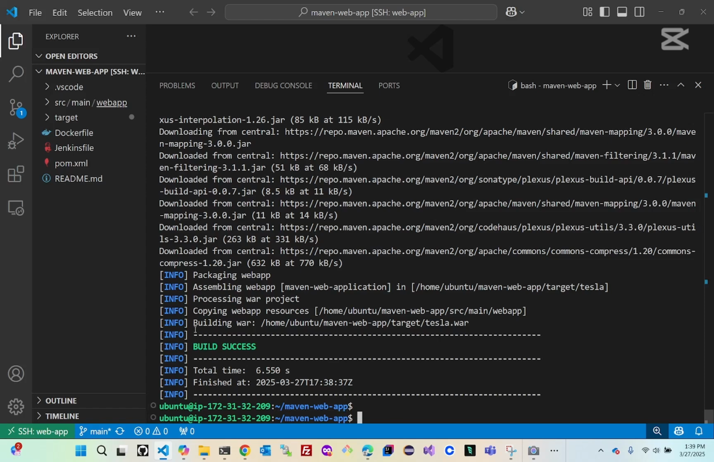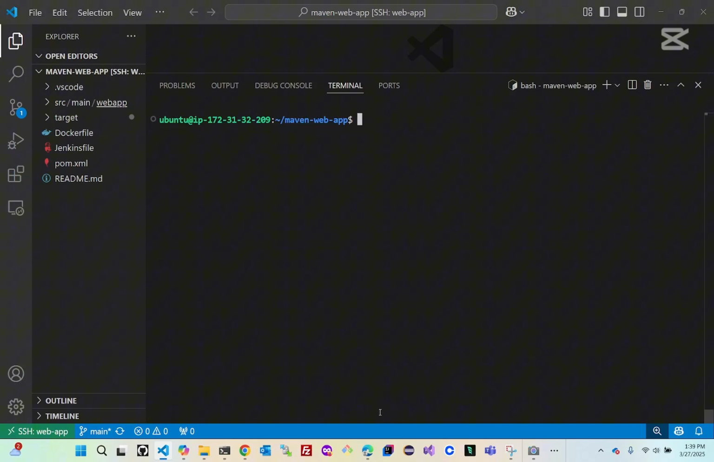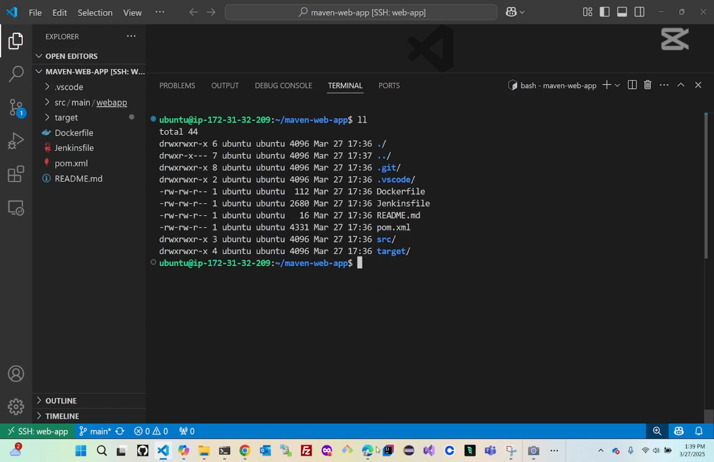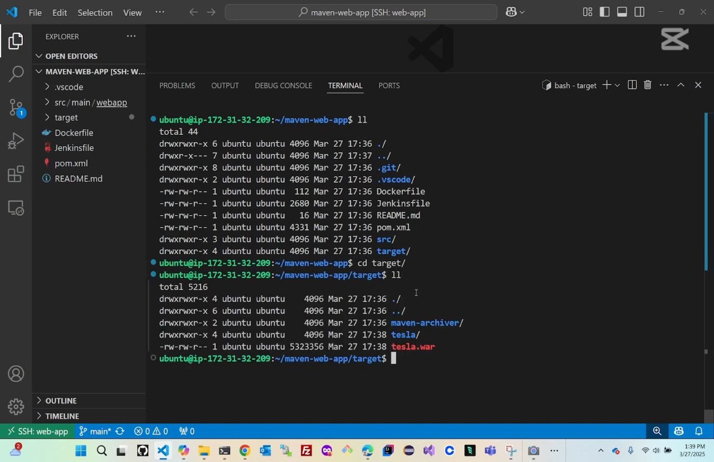And if you look at the application here, you can see it built a .war. The name it gave is Tesla.war. That is the name of the application, inside the target folder. So let me clear the screen. If I do ll to see the content, you can see a target folder has been created. If I cd into target and do ll, you can see this is the application,